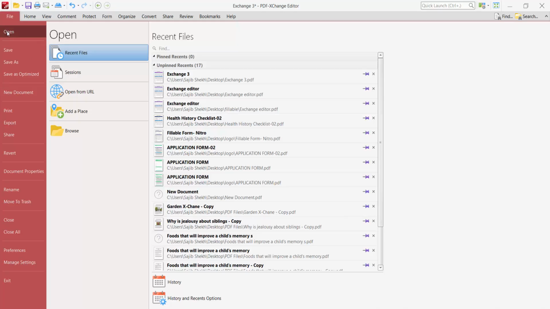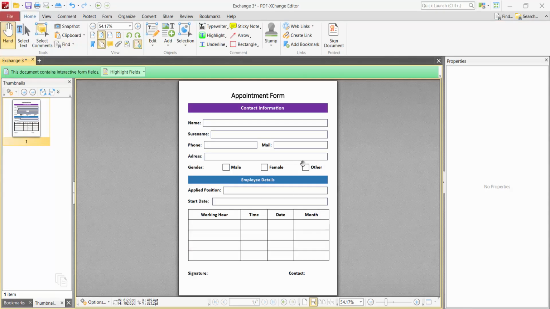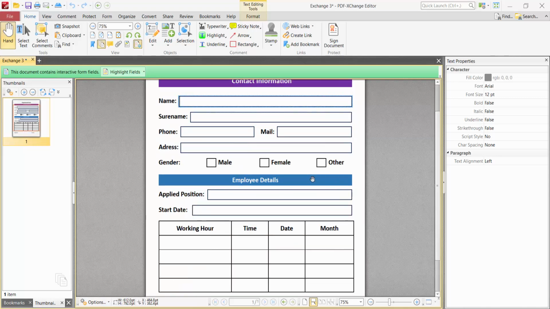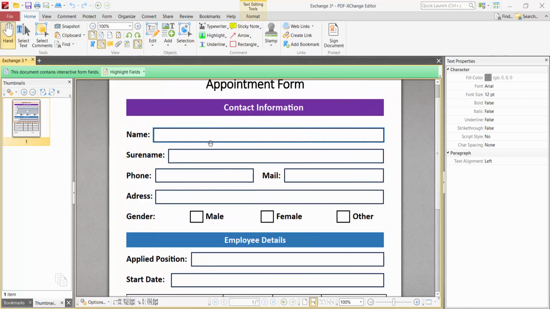open option and you can open and browse or from open URL and so on. And this is a fillable PDF form and simply click on this fillable text box and type text